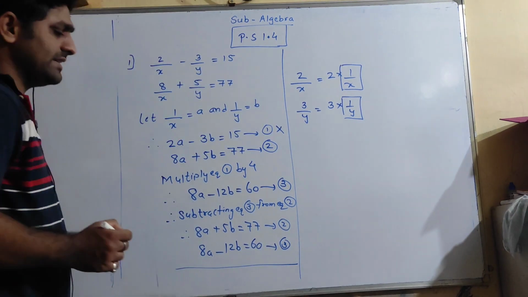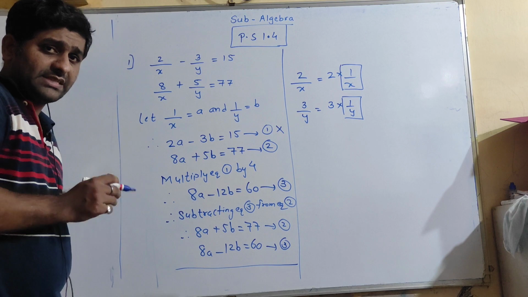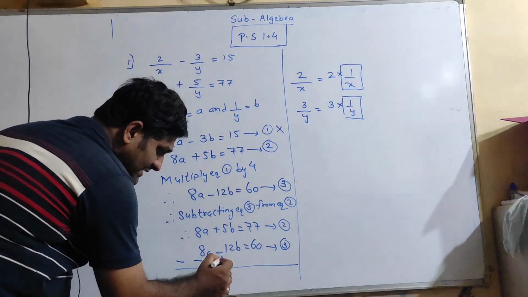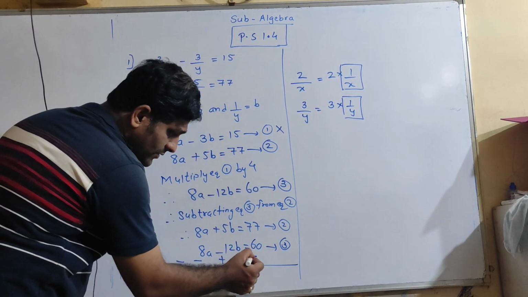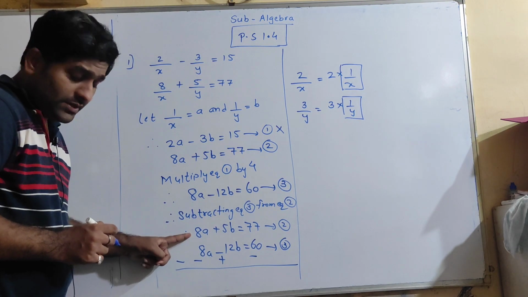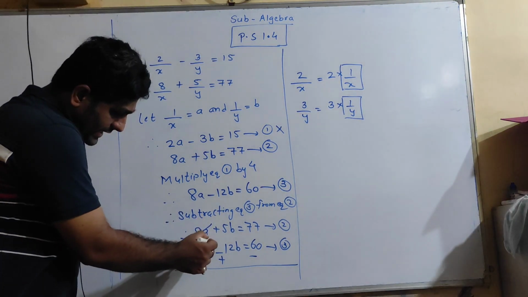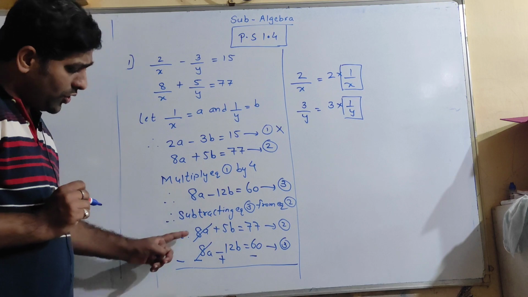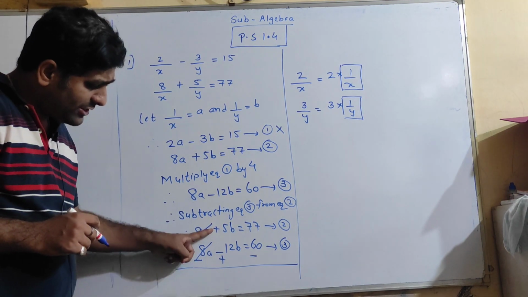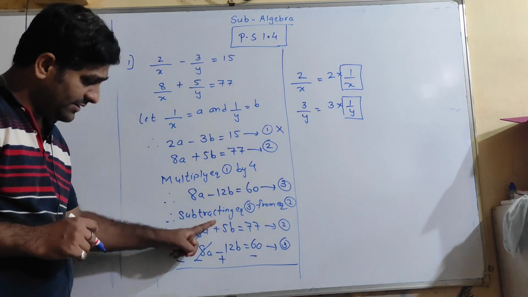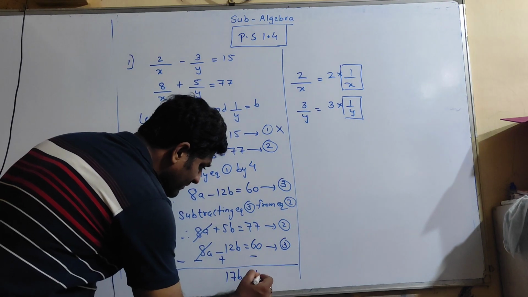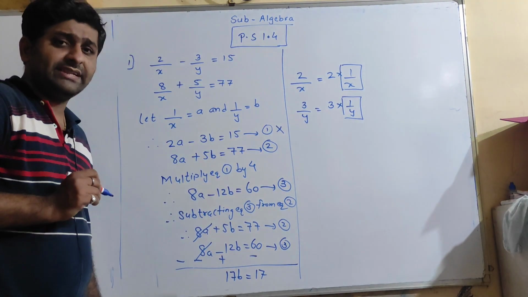Now we know, students, that since this is subtraction, the sign is going to be changed. So wherever there is minus, this will become plus, and plus will become minus. Now we know, students, same term, opposite sign will get cancelled. Now always remember, students, as we have discussed before, we will take into consideration the changed sign. So 5 plus 12 will give us 17. So 17b equals 17.